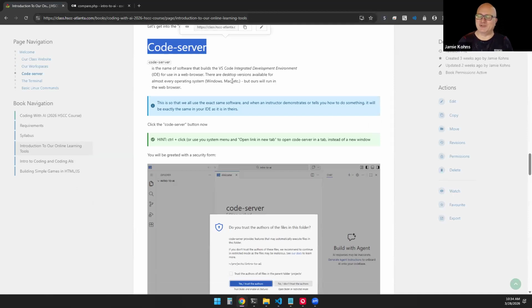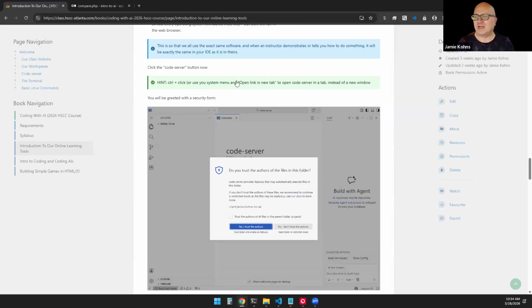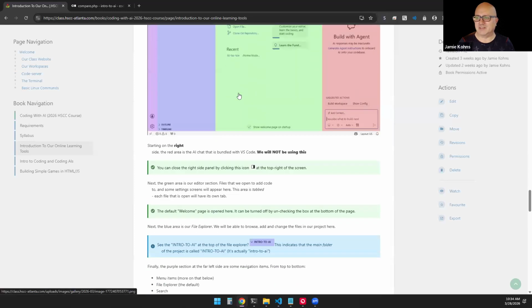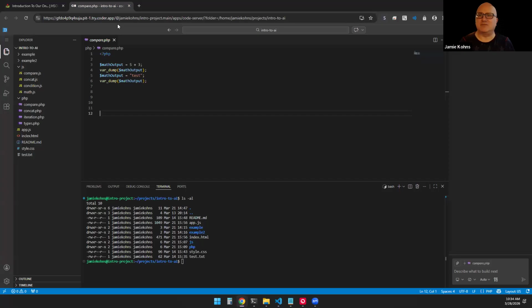When it's in the browser, it's code server. When it's on your desktop, it's called VS Code. That's the only difference. Here's a breakdown of how it's organized. For today, we have our main folder, just like your Mac or your Windows machine, kind of an Explorer